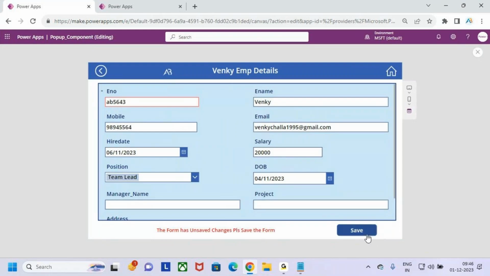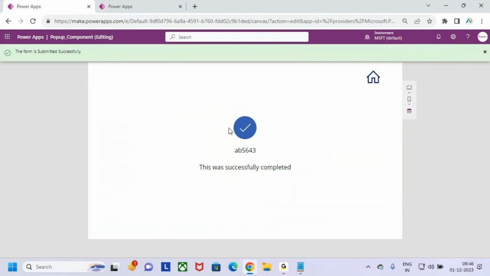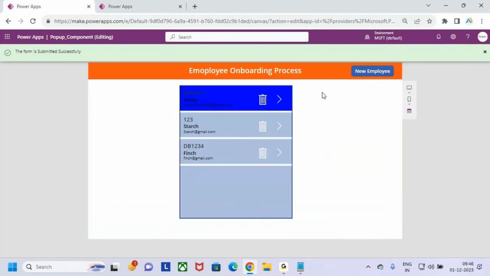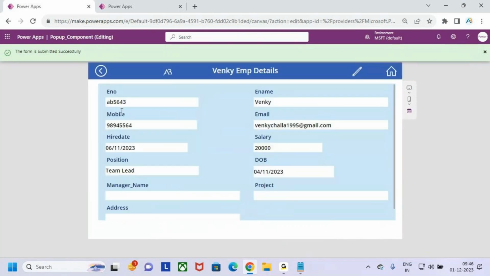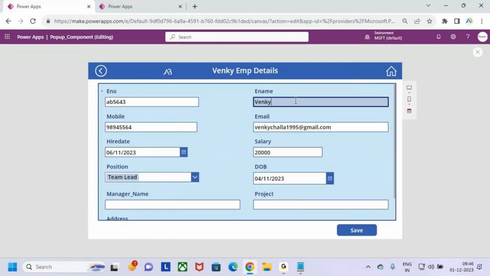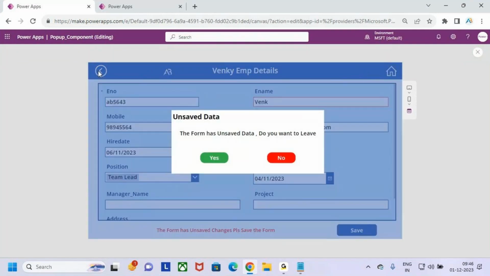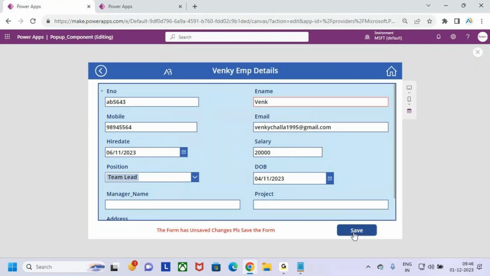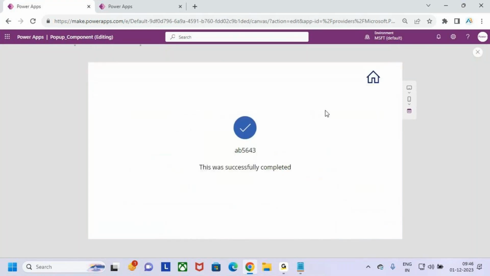Now go and save it. Click on save. Now it will go back. It will give this message: the form has been submitted successfully. Now go back. Now you can edit it. Now the changes are updated. If you want to edit it, you can go and edit. If you make any changes without saving, and you click back, it will throw us a message. When I click on the save button, it will automatically save the data and give the success message. Like this, you can go and create a